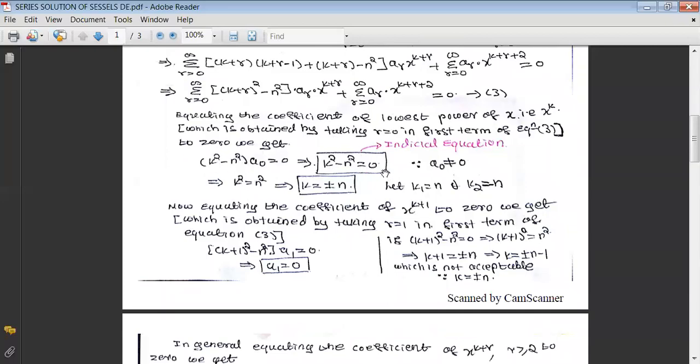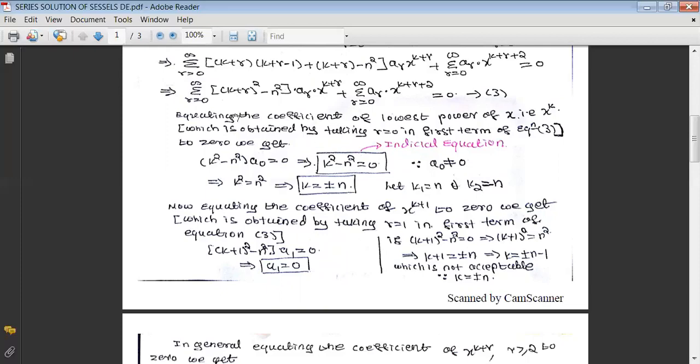And as in the theory part, when we were discussing the generalized power series method, we said that by equating the coefficient of the lowest power of x to 0, we are going to get a quadratic equation in k, which is called the indicial equation. Here, by equating the coefficient of the lowest power of x, that is x raised to k, we get one quadratic equation as k square minus n square, and that is called the indicial equation. And once you solve for k, k square equals n square and k equals plus or minus n. These are k1 equal to n, k2 equal to minus n. These are the roots of the indicial equation.